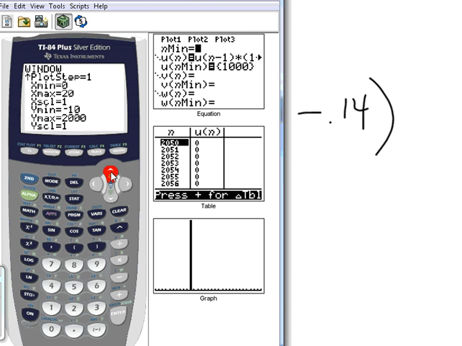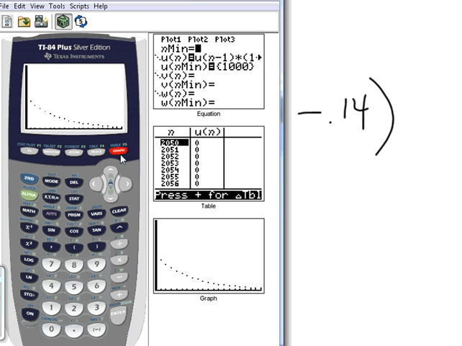Why did I go so high on the y's? Because we wanted to see at least 1,000, which is where our population started. The reason I went with 2,000 is because then I can do growth on the graph later if I want to. Because 1,000 gets us high enough to be where the moose population starts, and if I allow it to go up to as high as 2,000, it allows me to show some growth. Once you got all those numbers in like that, and again the last one there, the Y max, needs to change to 2,000, you hit graph and it'll look like this. That's our moose population dwindling away. We're hoping we could figure out a way to stop it.